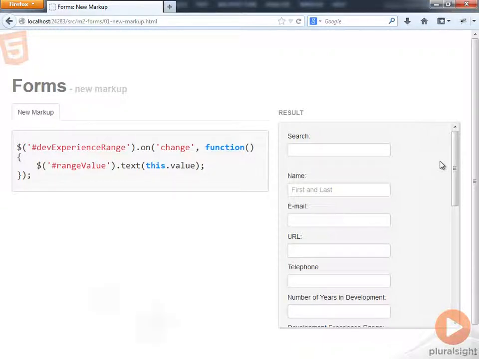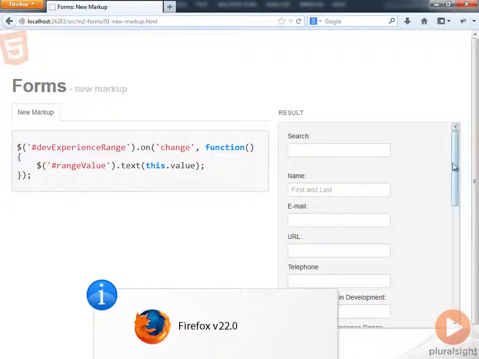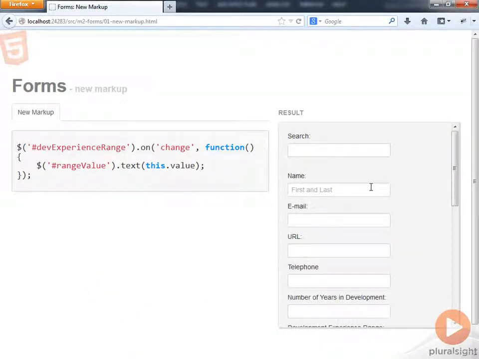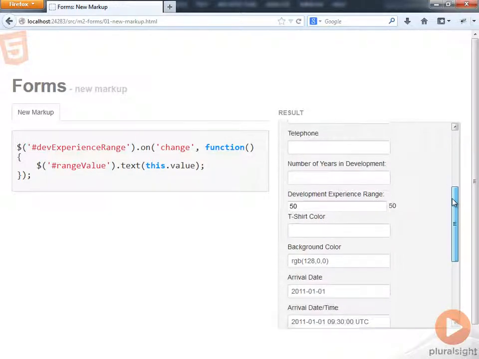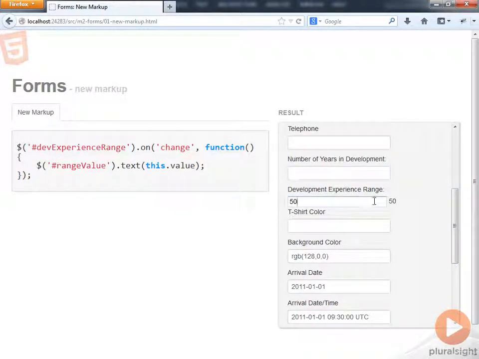So this is the same page running in Firefox. You'll notice that autofocus doesn't exactly work, but the placeholder does, and it even recognizes that this is a required element, so the validation rules are firing against it. And as I scroll down, you can see that development experience range, here this is an input type equals range,